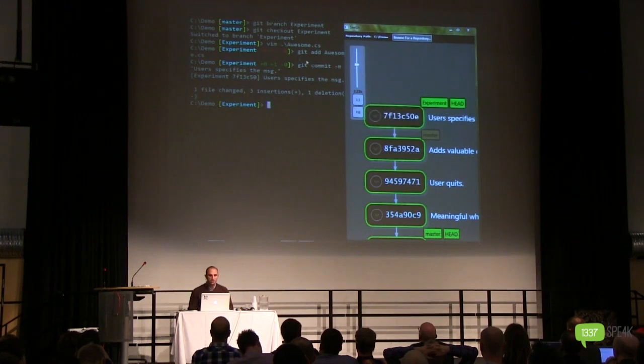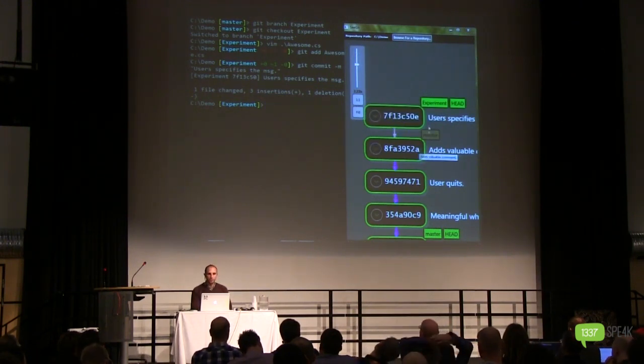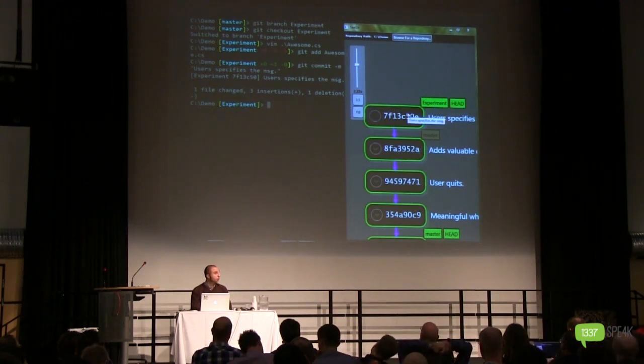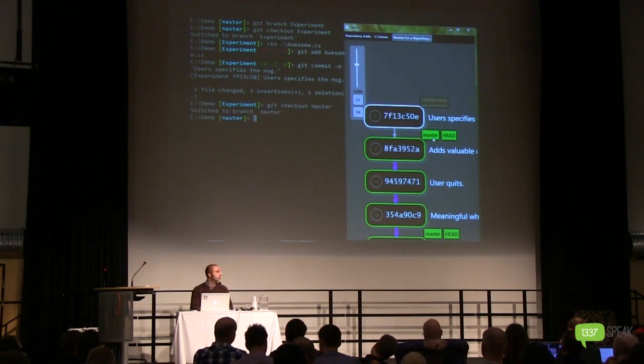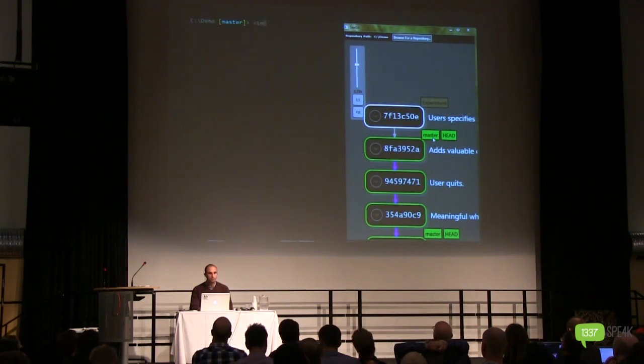So you see, the reference at master is still pointing to that commit, but experiment is pointing at the new one, and head, which is my working directory, is also pointing at that. What if I want to go back to master? Well, I say git checkout, make my working directory look like whatever master points at, and now my head is moved here. Now I can make a new change here, and